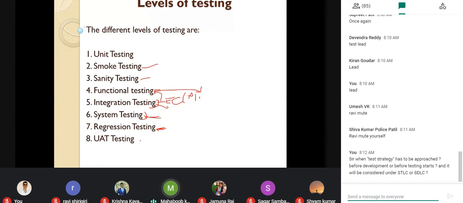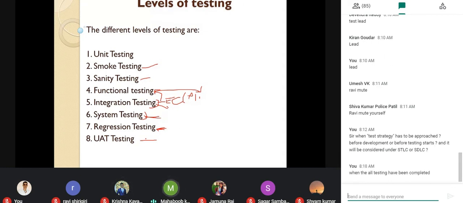What is the entry criteria for user acceptance testing? When you will conduct the UAT, that is called entry. What is the entry criteria for UAT, guys? All the regression testing cases are complete. All the regression testing should be passed.